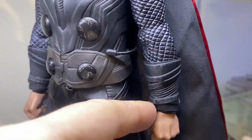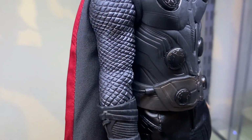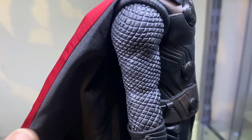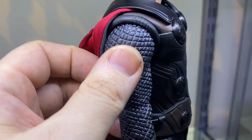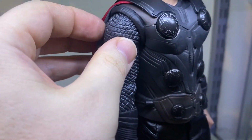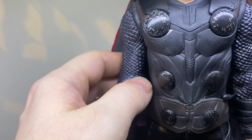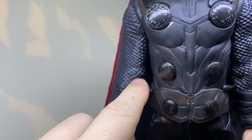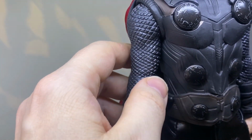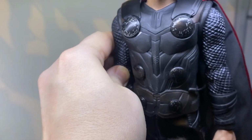You can see these arm gauntlets here. They've even done some dry brushing on these, and this is where it's half cool, half bad. Like I said, it's the sort of HC Toys make some effort and then half-ass the rest type thing, because they've actually used a silicone to cover the arms. So this is a really soft silicone that's really nicely sculpted. It has the single jointed arms that have that sort of bulge in the joint here, and that's quite hard to actually bend because the silicone restricts it, but also at the same time it can actually force the